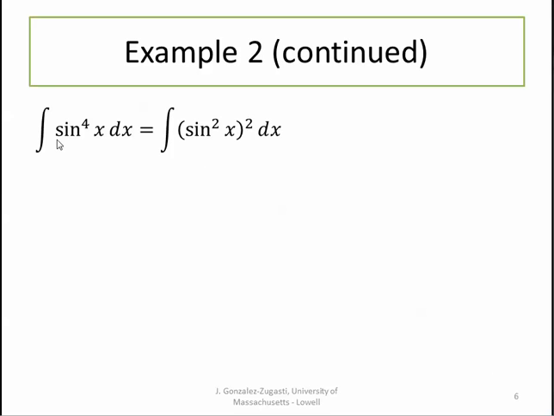So the first thing we'll do is rewrite the sine to the fourth as sine squared of x, all squared. Now we'll make our substitution for sine squared x to get the integral of 1 minus cosine of 2x over 2, all squared. Then we'll expand that out,